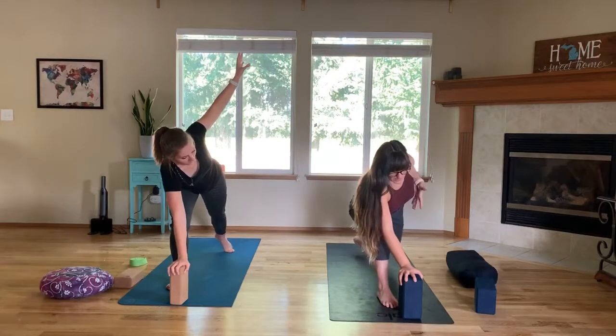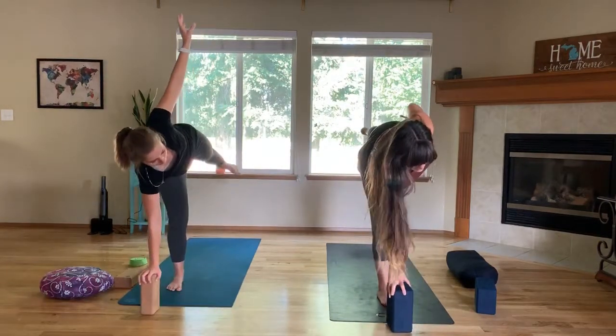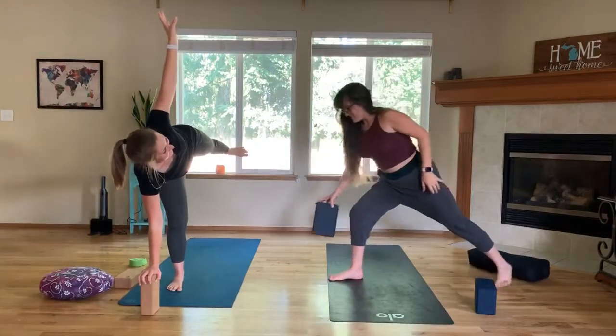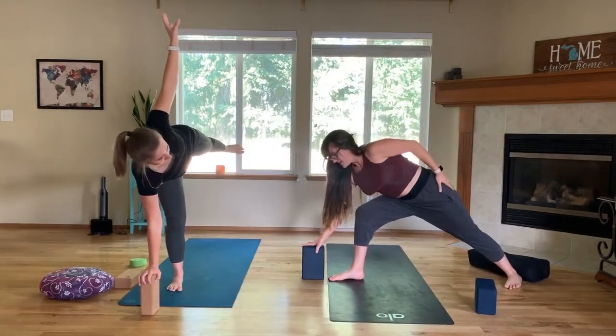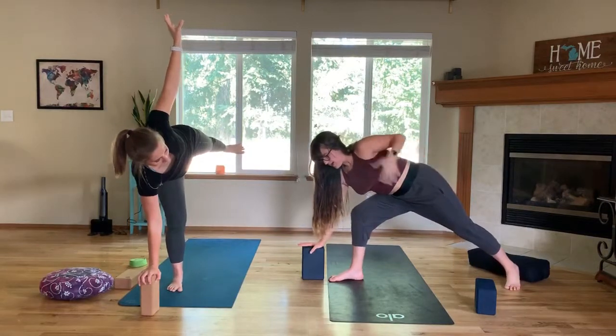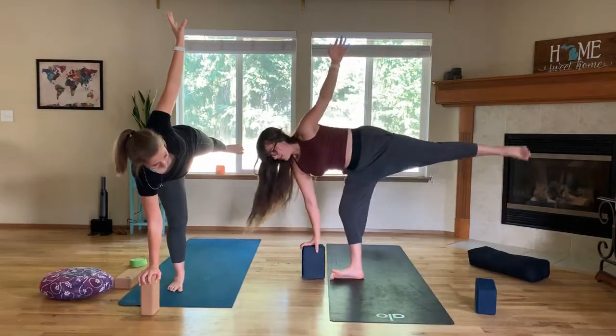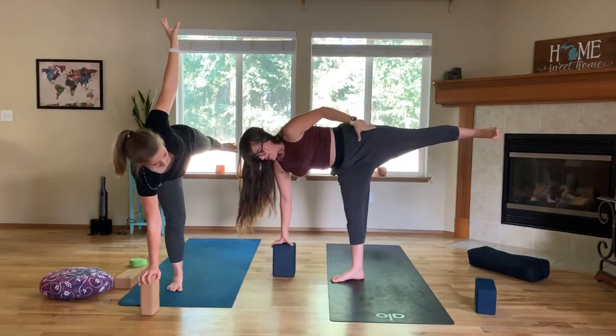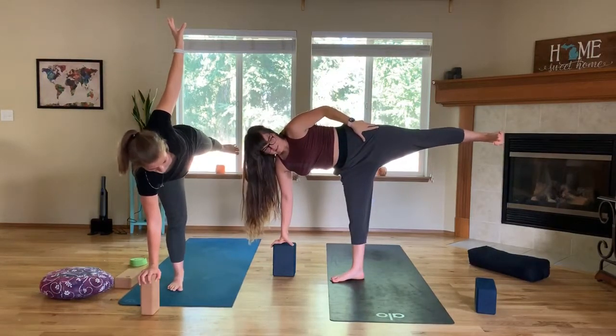back leg. And we're gonna catapult into, I'll turn to the side, that sounds like a good idea so they can see. We're gonna catapult into the right leg and press your hand down into the block. So now the left leg is floating. So if you can, take a peek or come out of it so that you can take a peek at